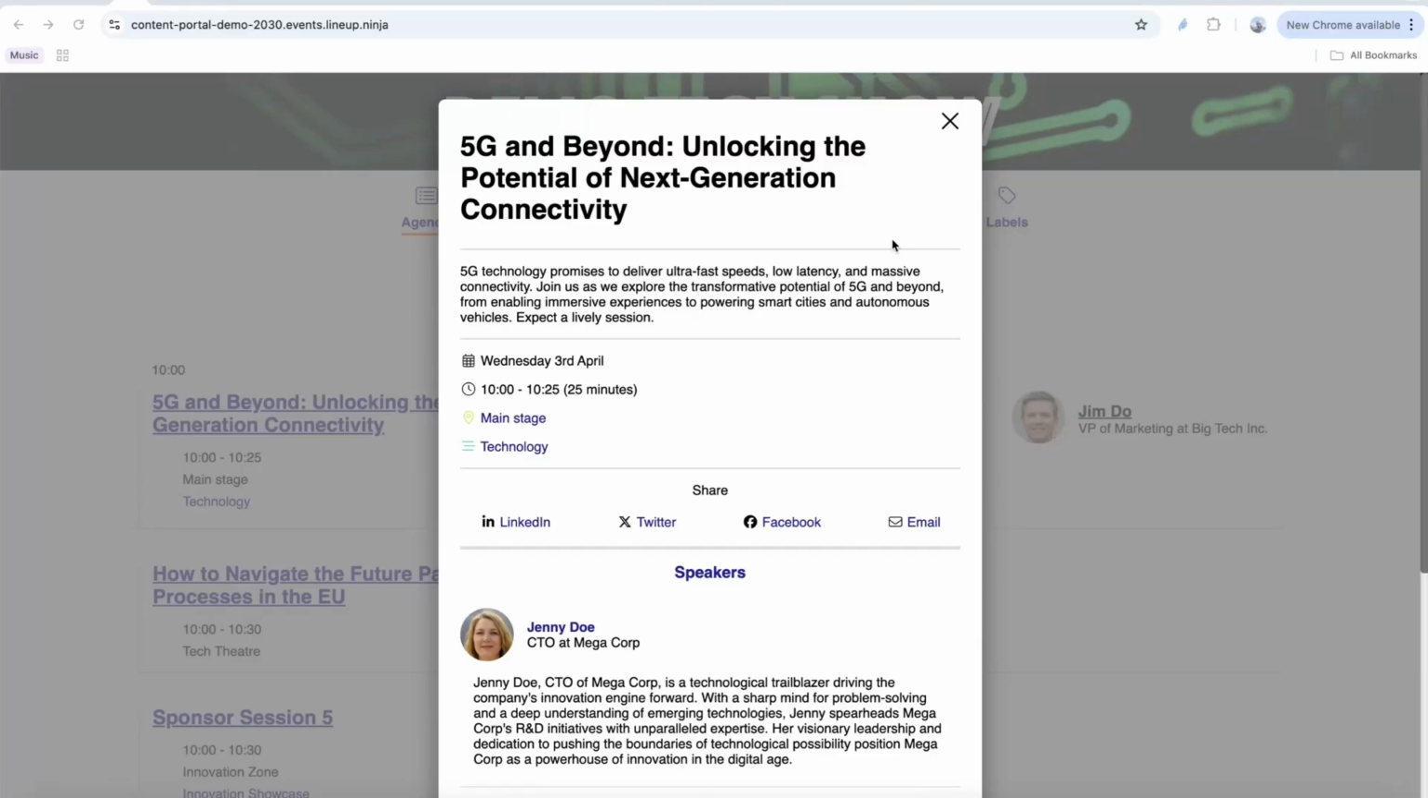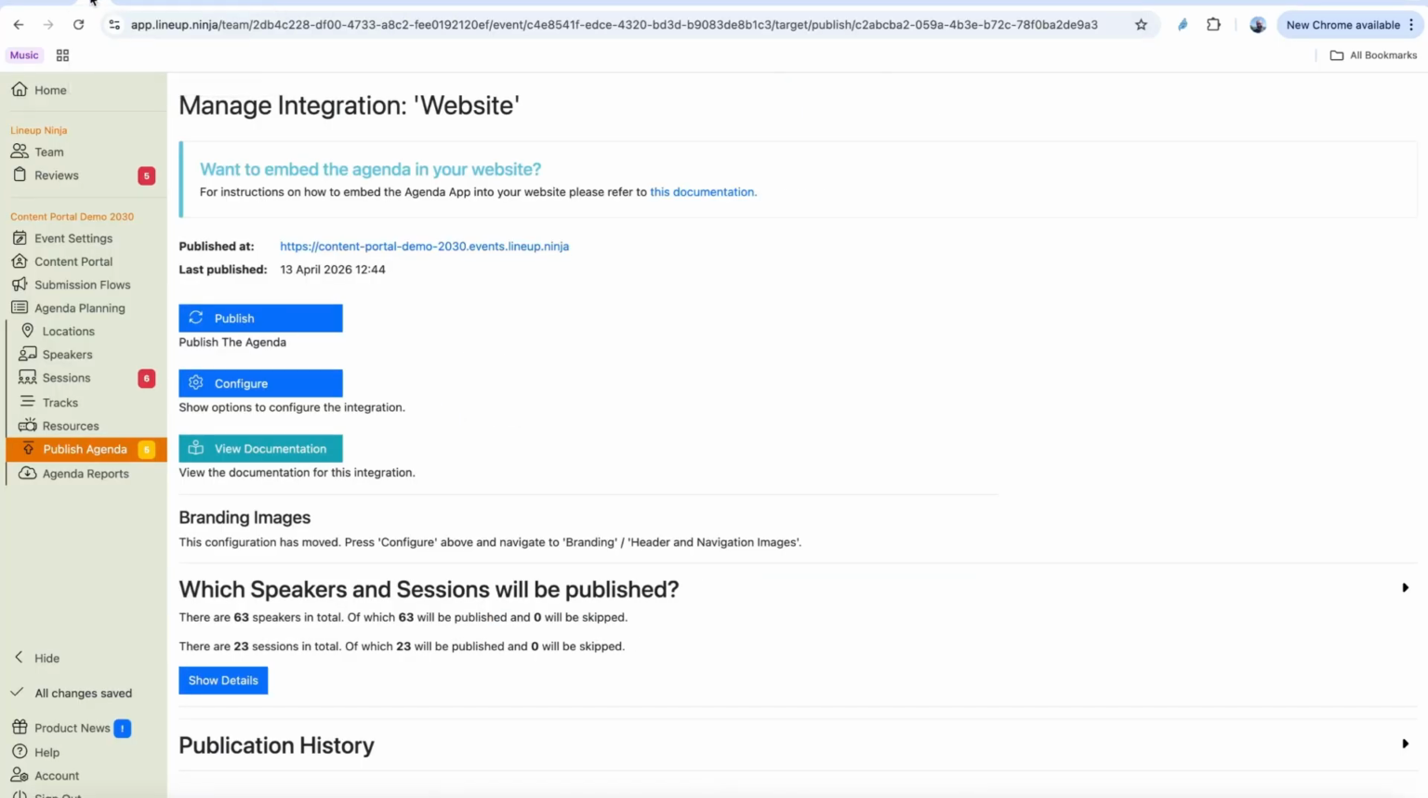So I want to add a link to this session pop-up in my agenda app. And the way I'm going to do that is by simply embedding a link into the session description text for this session. So the way I do that is if I go across to the back end,